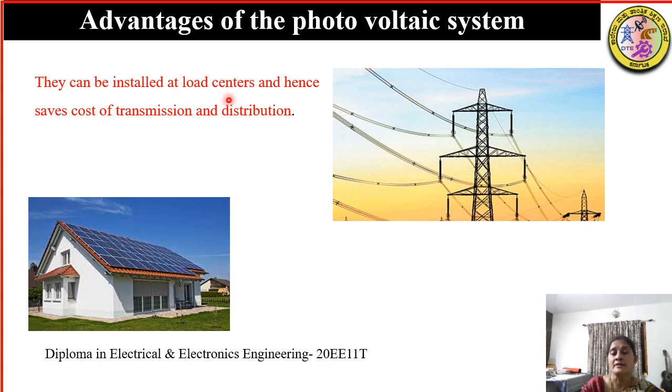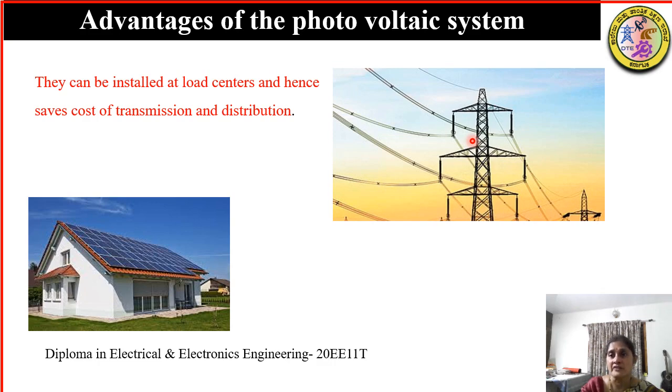If we make the site of generation far away from the load center, then we have to supply it to the grid and the power has to travel over long distances. And when the power travels over long distances, there will be transmission and distribution losses. Moreover, the cost of transmission and distribution adds up. We need to have conductors, towers, insulators, and so many other accessories. So there is an initial cost of investment for establishing a transmission and distribution system, and as well as there are going to be losses during transmission.